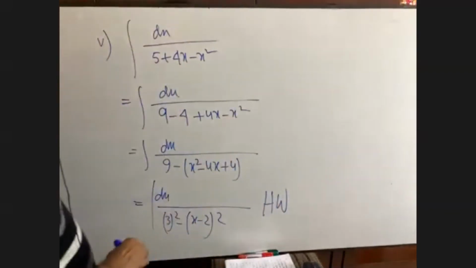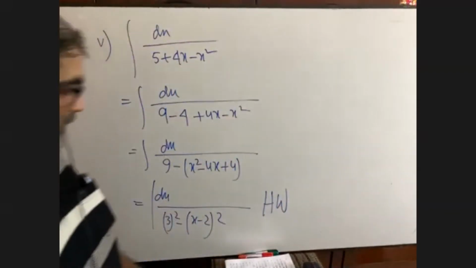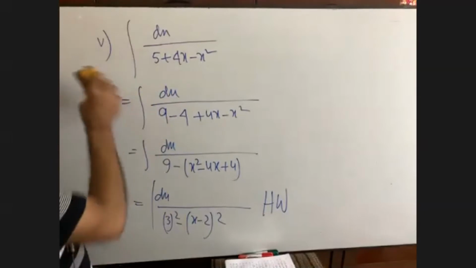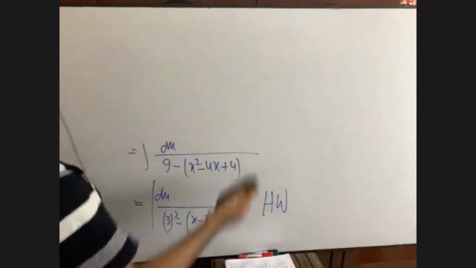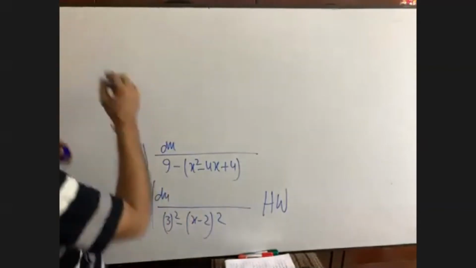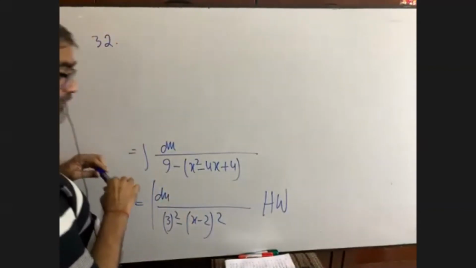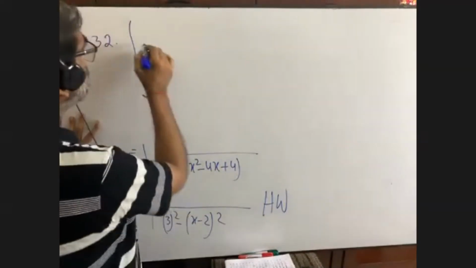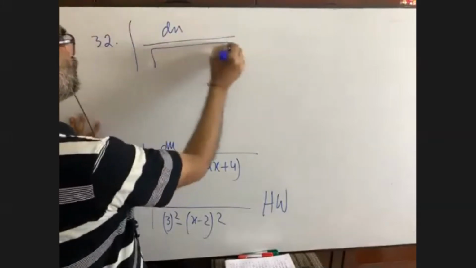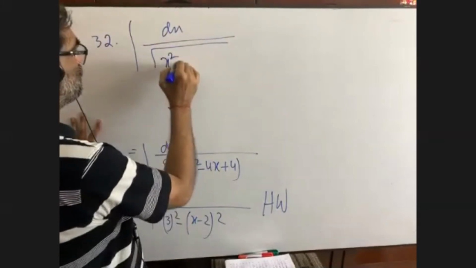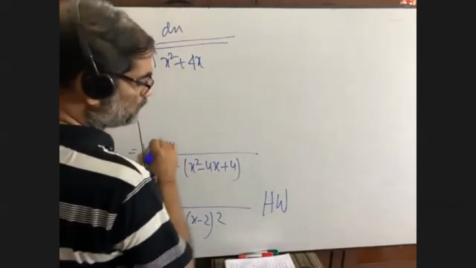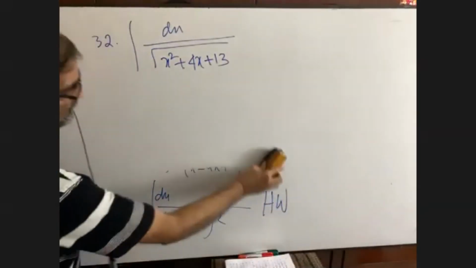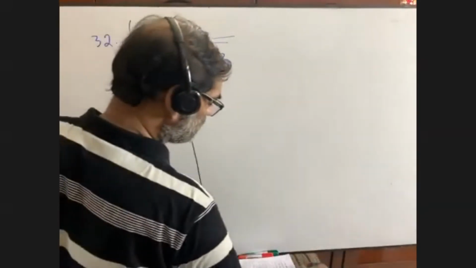You should know the formula. Okay, everybody. We want to finish the exercise today, but after a long time, perhaps you are doing maths for this. Your hands are not working properly, right? This is dx by root over x square plus 4x plus 13. Can you do this math? Like the previous math, it is to be done.